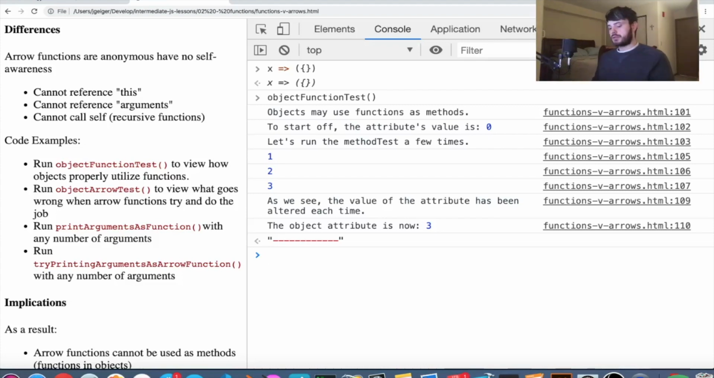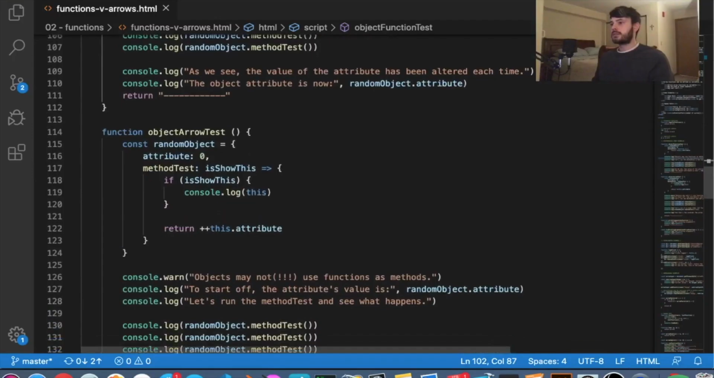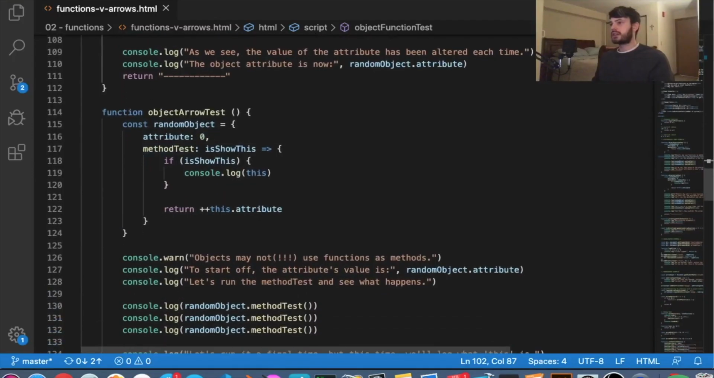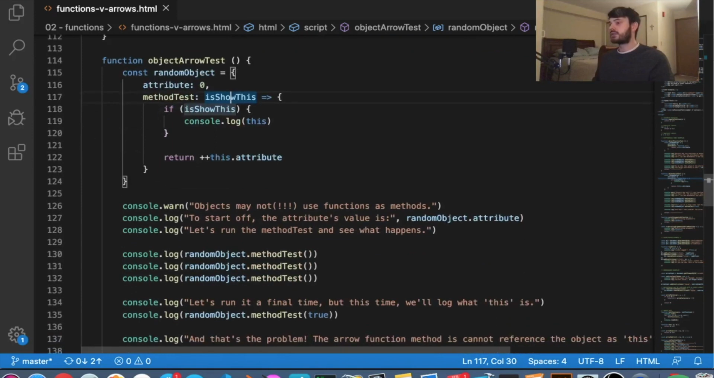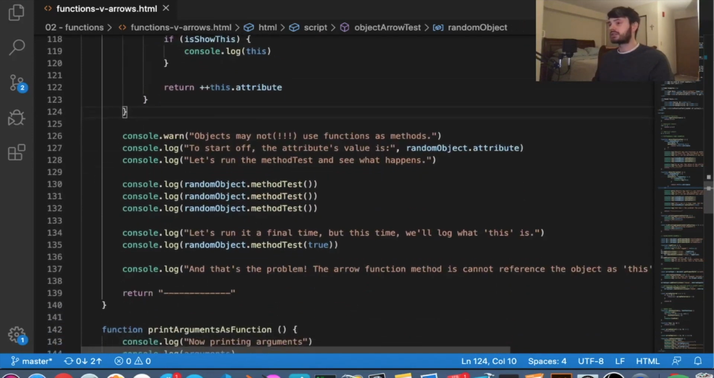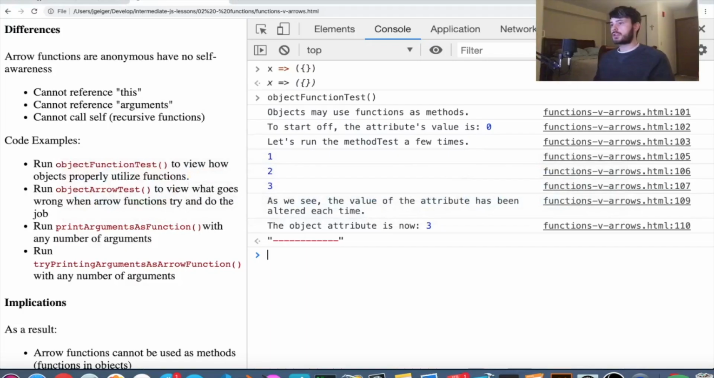Now, with arrow functions, that's not going to work. We're defining that same object. This time, I'm including a isShown, which allows you to pass in a true Boolean value if you want to actually log what this is, and that's for debugging purposes essentially when it fails. So if we run object arrow test,